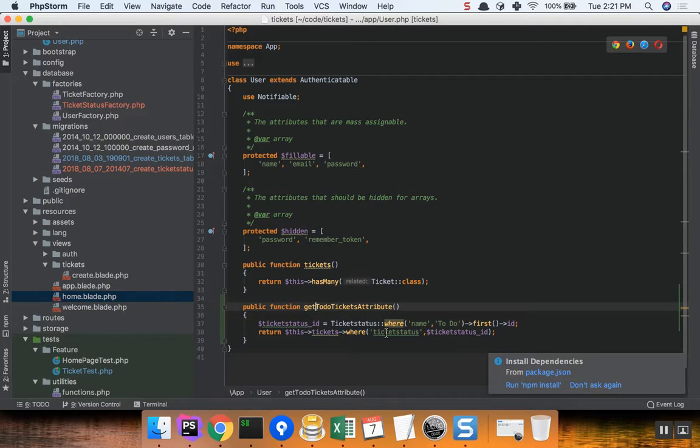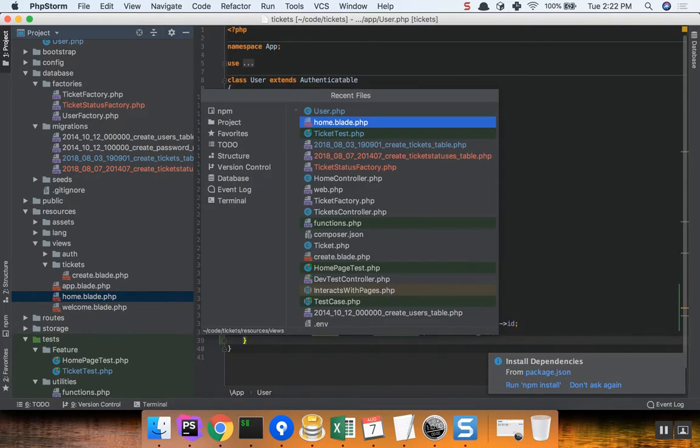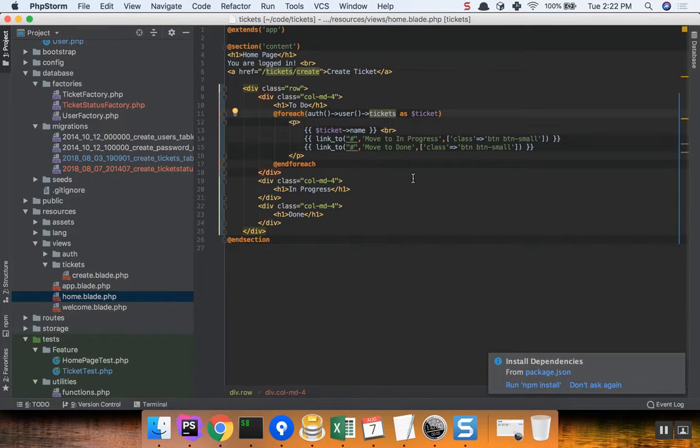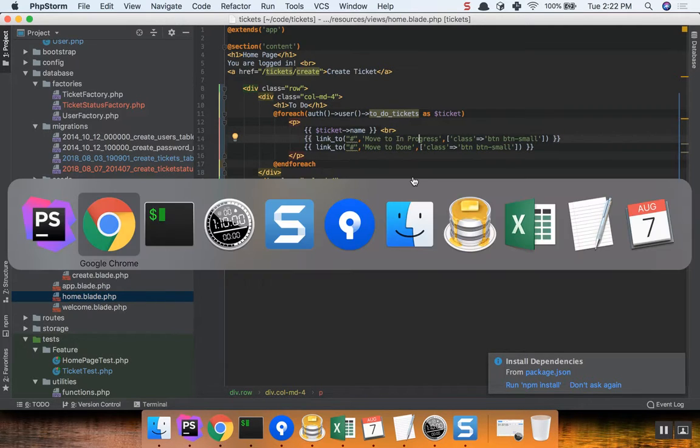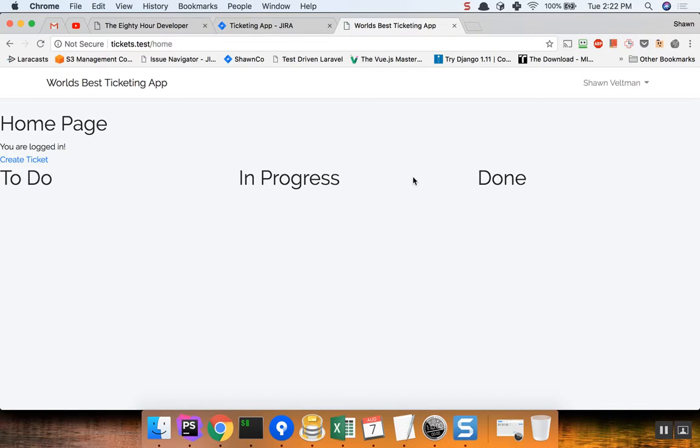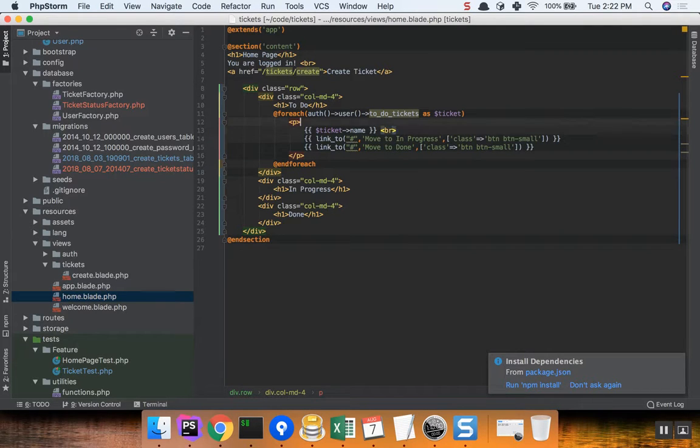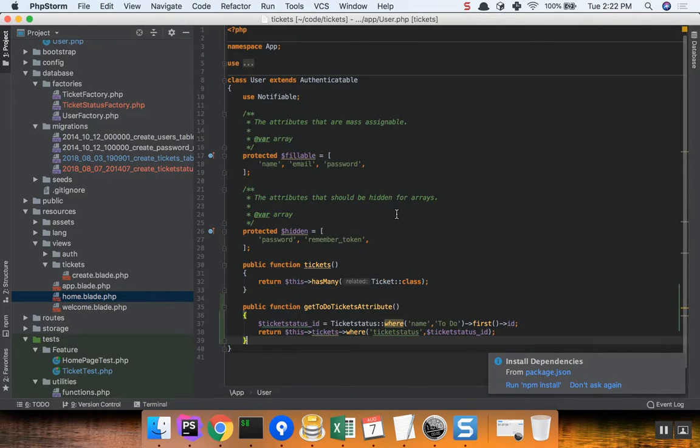Now, what this format here does, the get something something attribute, allows us to say on the user model something like this: user to do tickets, and then have that show up. So what we could do in here is to say user to do tickets. Okay, now if we come to our home page and refresh this, what we should see is the to-do tickets,